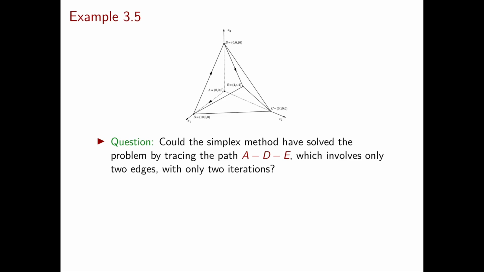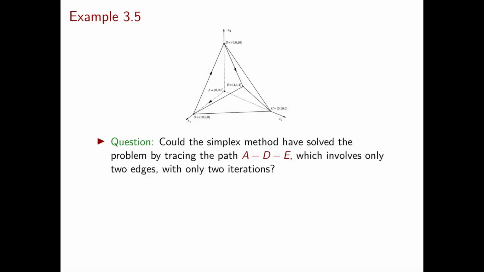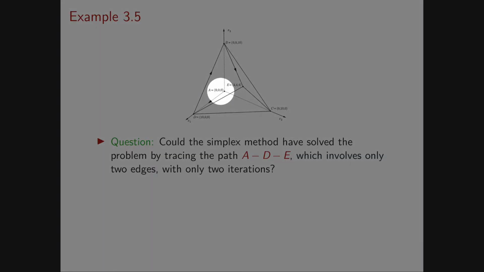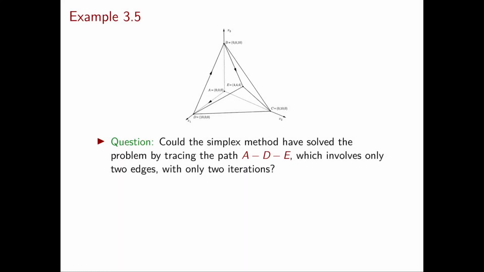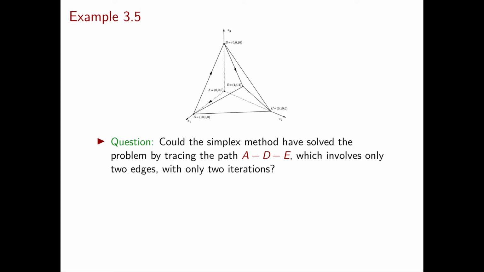Now it is kind of interesting that we traced 4 basic feasible solutions to get from A to E, while in fact it's clear from the picture that we could have moved along the edges of the polytope from A to E in only 2 steps. Namely, we could have gone from A to D and then from D to E. So we can wonder if it is actually possible, with a different pivoting rule, to move from A to E in only 2 iterations of the simplex method instead of 3 as we did. Interestingly, the answer is no.